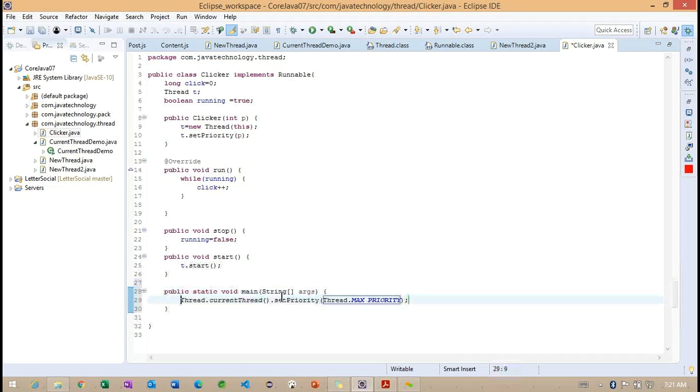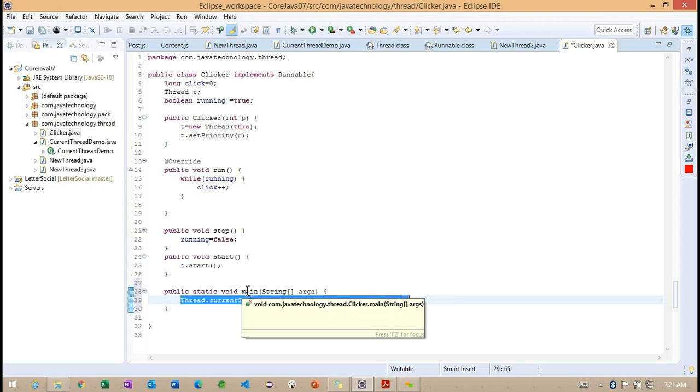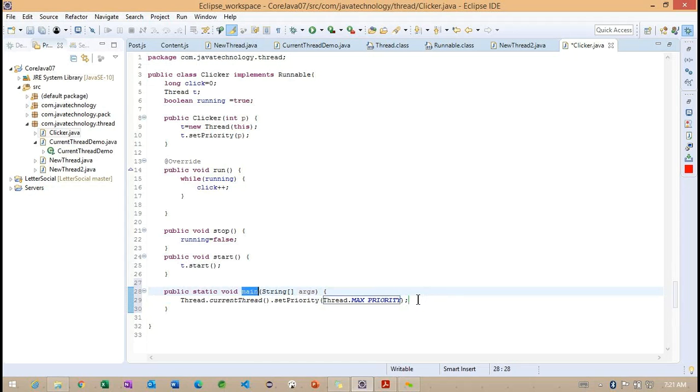Wherever we define this line of code, it takes the current thread. Inside the main method, it takes the main thread, so the main thread we are making a max priority.